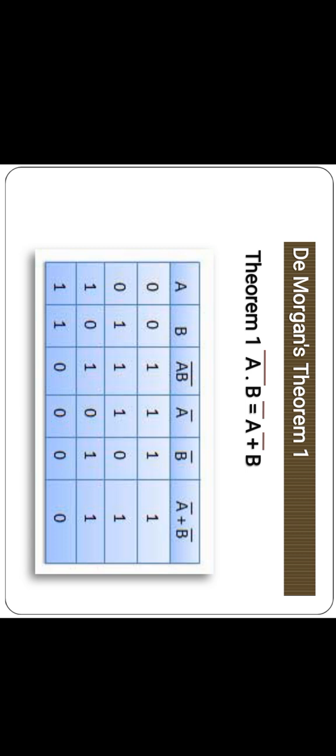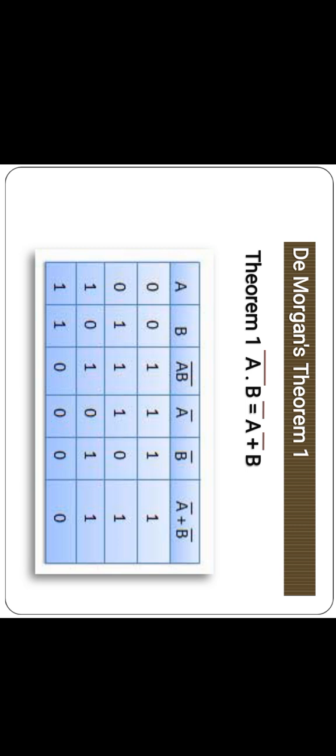Here the truth table verification of De Morgan's theorem 1. For the input here, the inputs are A and B. For AB bar, the input 0 0, the value is 1. For 0 1, the output is 1. For 1 0, the output is 1. For 1 1, the value is 0. So the A bar and B bar,